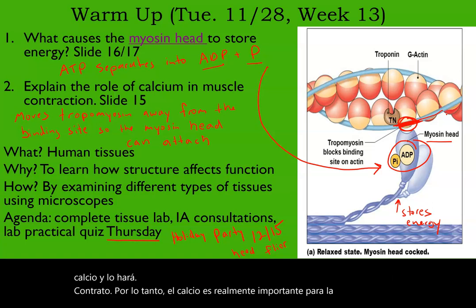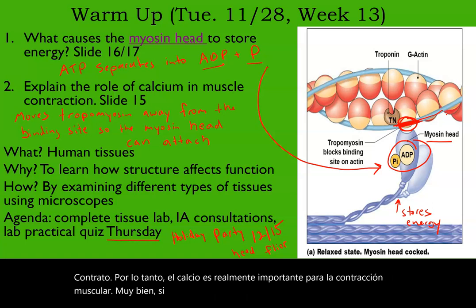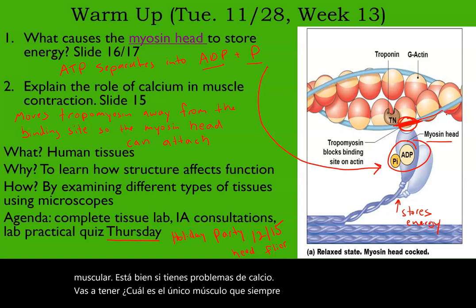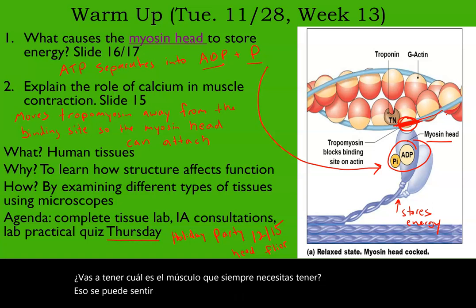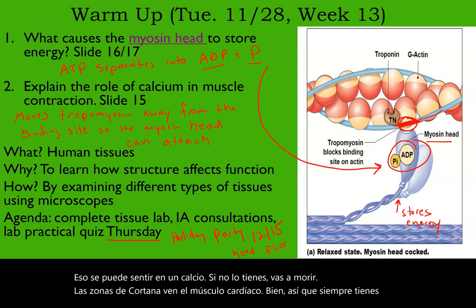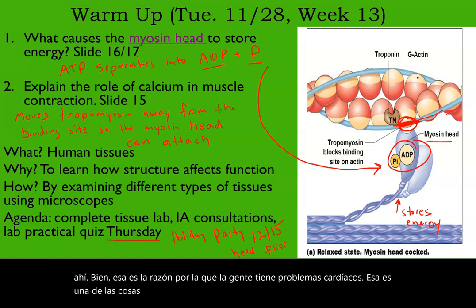If you have calcium issues, what's the one muscle you always need to have going that can be sensitive to calcium, that if you don't have it, you're going to die? Your heart muscle, okay? So you always have that calcium there. That's why people having heart trouble, one of the things they'll be looking at is your calcium levels, making sure that's the right level so your heart can function. Okay,